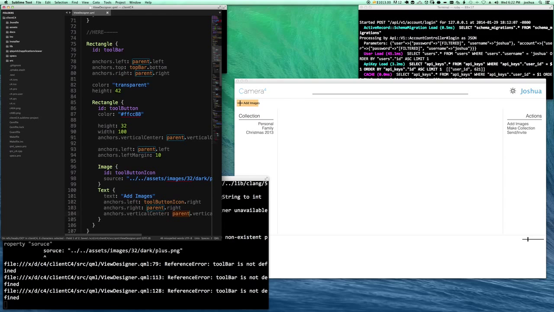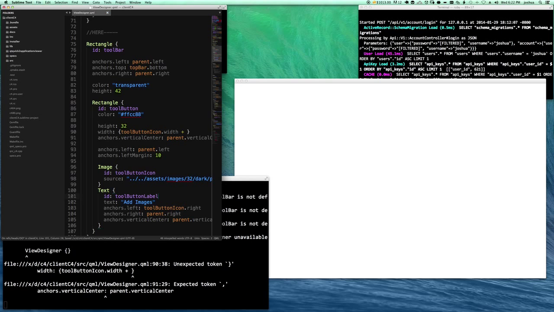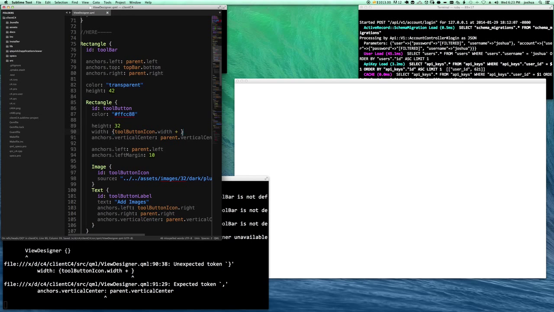Okay, very good. Now up here, my width should probably be the combined effects. So I'm going to say tool button icon dot width plus, oh, we don't have one for that. So ID tool button text, or maybe even label. Okay, and, oh dear, what did I do? Oh, I haven't finished this operation. That works fine. And now plus, so there's this parameter